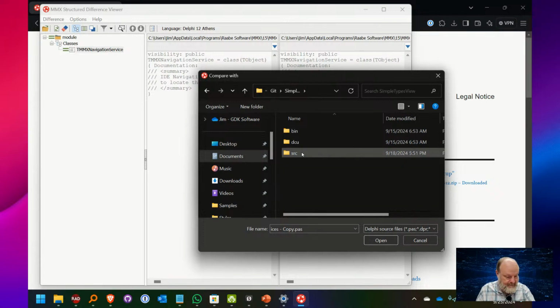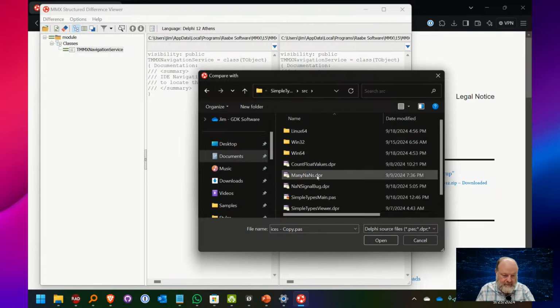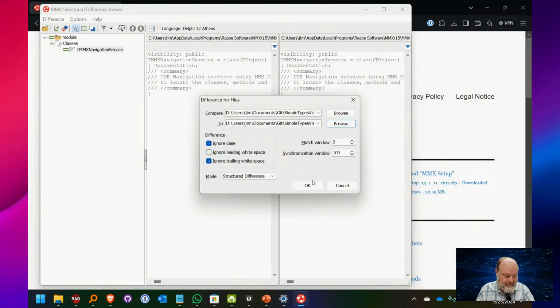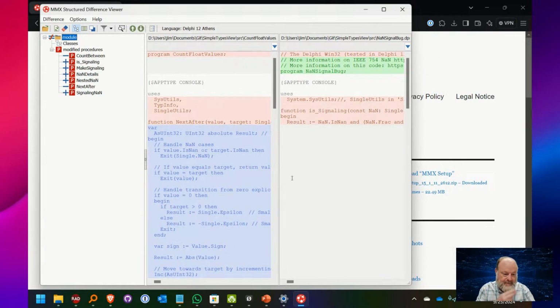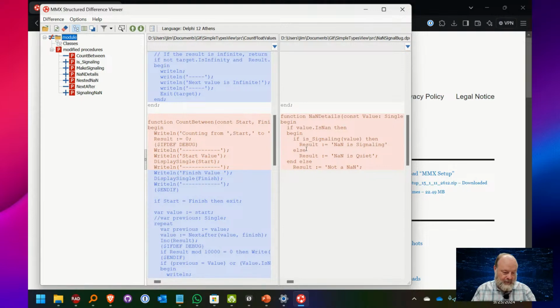There it is. I don't know which other one I opened before. Those aren't the same ones. So anyway, this will be more interesting to look at in that it's showing you what's different between the two from a structure point of view as opposed to just from a text point of view. So very cool.